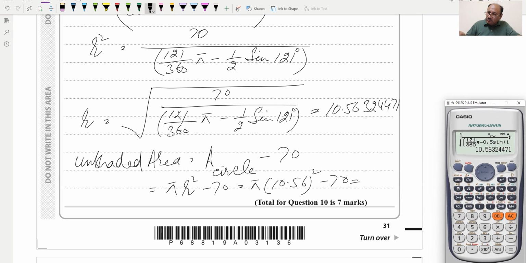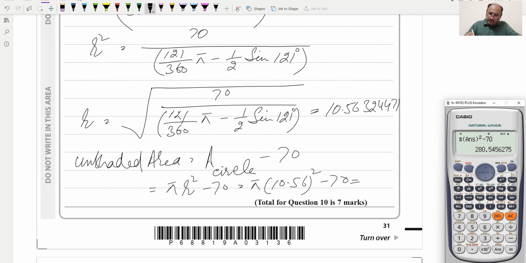We can take all the numbers in brackets, pi multiplied by the answer squared, minus 70, and this is equal to